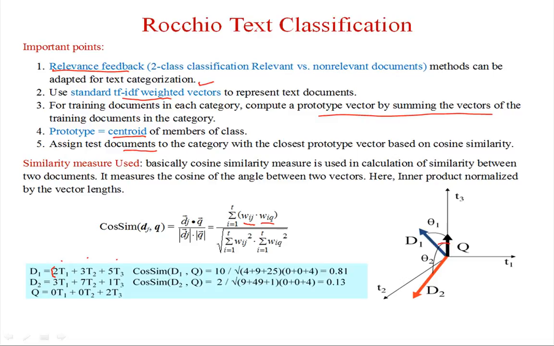Okay, sorry. Here only one term matches, so wij will be 5,